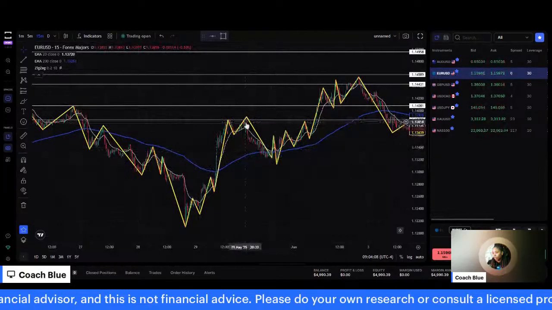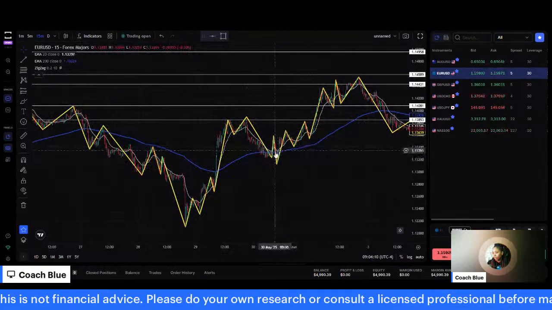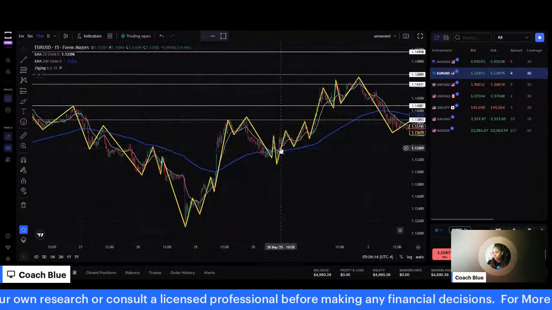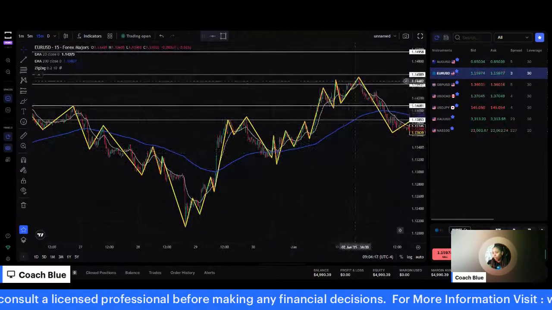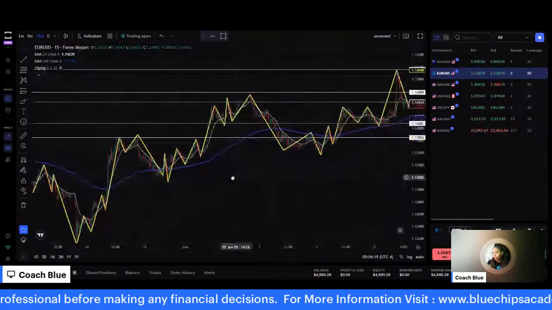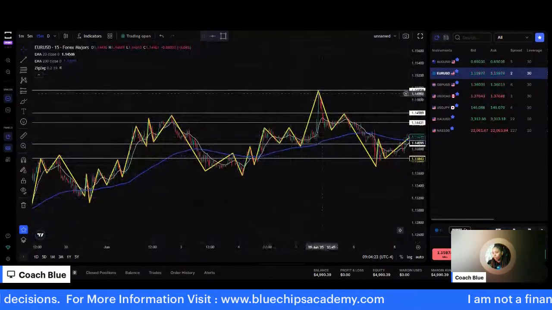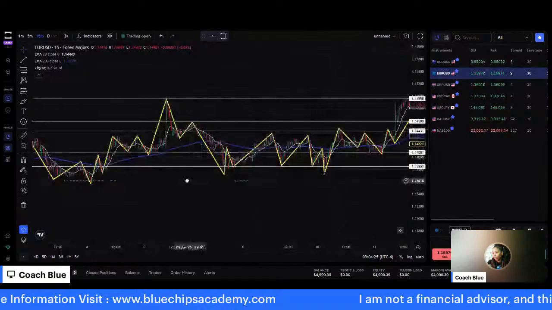Pinches are fine as well. Pinches mean that the price comes down very close to the 200 or at the 200. It might not cross over, but then you get a nice bounce off the 200 to push to the upside as well. So we go over that also. But again, here's another crossover. Nice push to the upside.